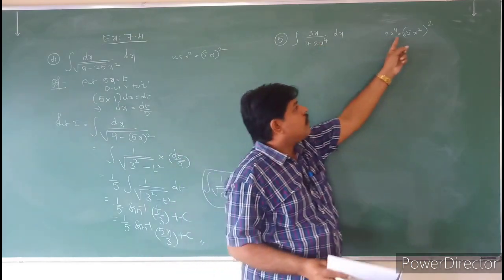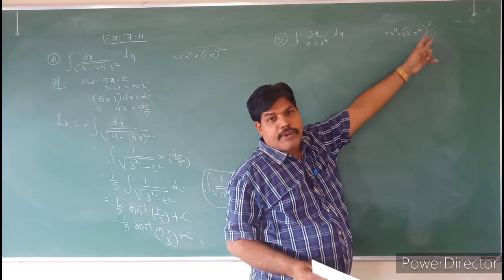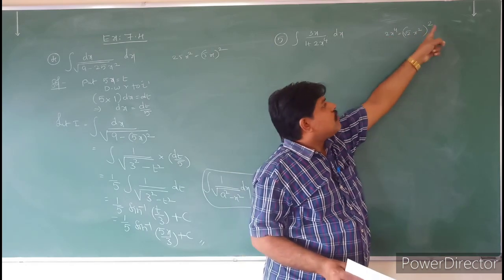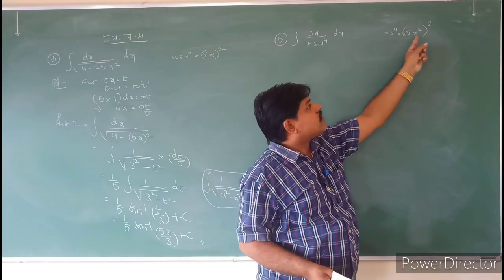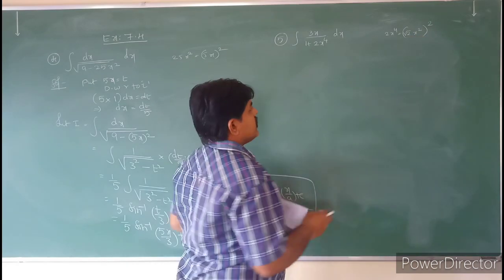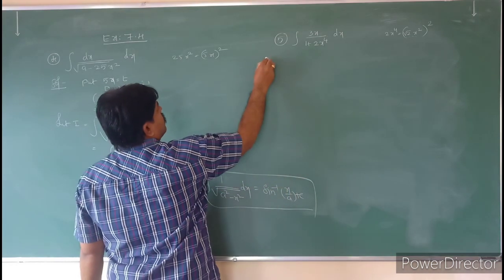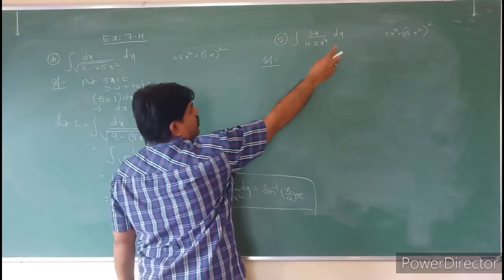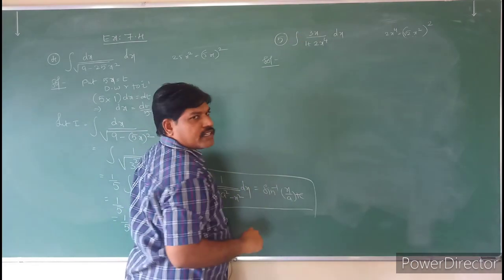So 2x power 4 I have written as root 2 x square whole square. Expand that. Root 2 whole square is 2. X square whole square is x power 4, understand that. So that's why I will take root 2 x square as a t. So what is the solution? First you have to understand how to take the t value. You have to take this term as a square. So take the root 2 x square as a t.